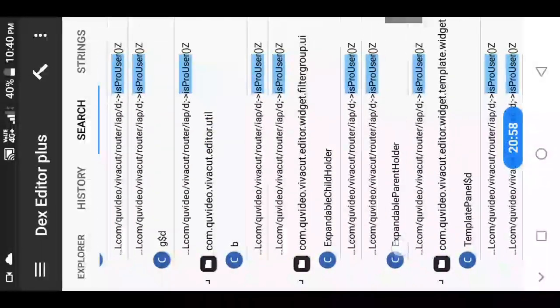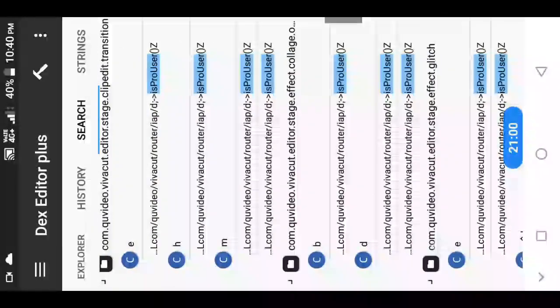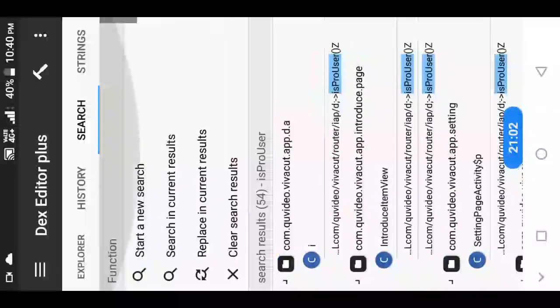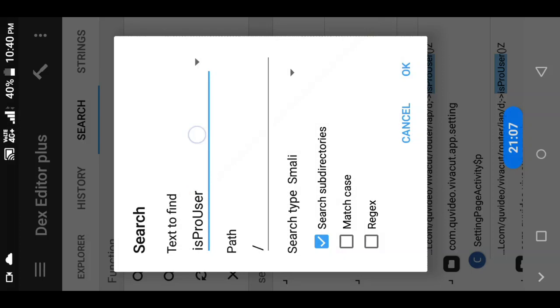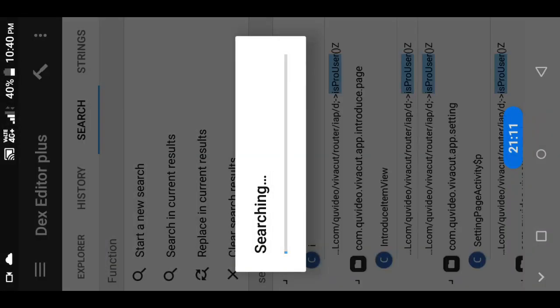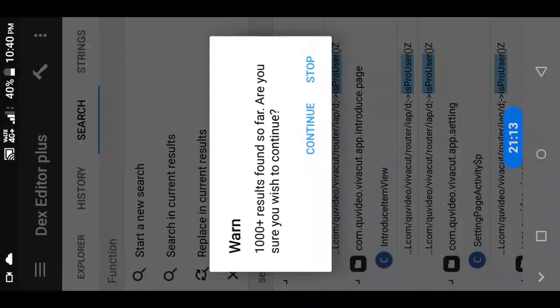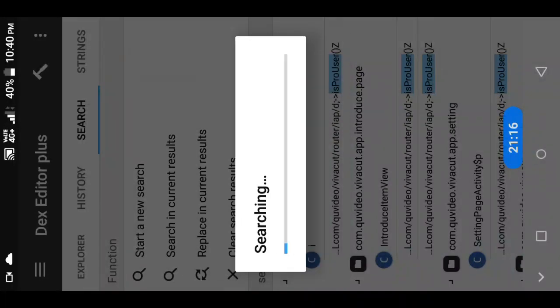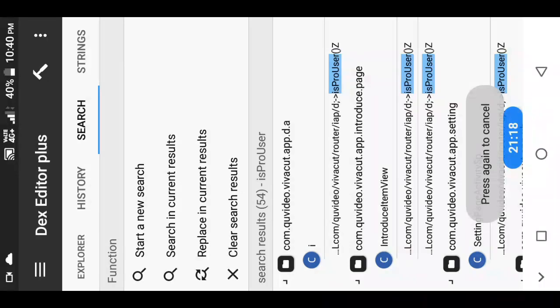So for these steps we need to find keywords like this. I have already said that if you get many results, then you open the related package names. For example, you can see now we have got 1000 plus results.